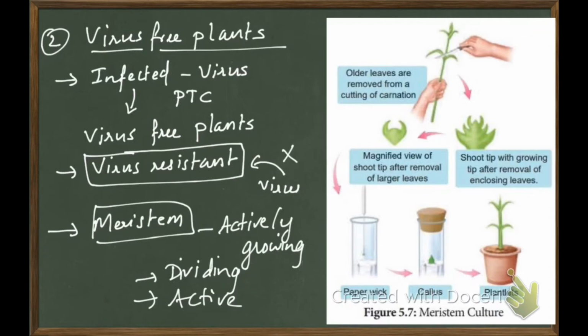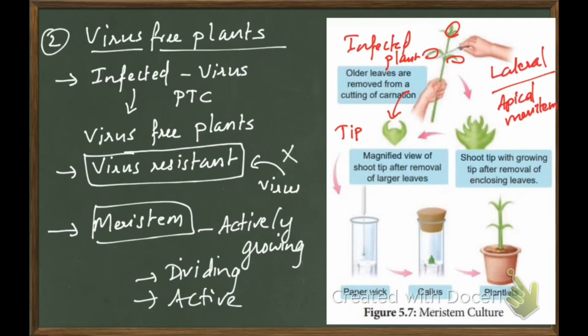Let us see this figure. This is an infected plant. So in infected plants, leaves, all these parts are generally infected. If you take out the tip, the tip contains apical meristem, you all know. So if you take a part of the plant which has meristem, the meristematic tissues are kept on the medium and allowed to generate callus, and from the callus you can generate as many plantlets as you want using plant tissue culture. They are all virus free plants.